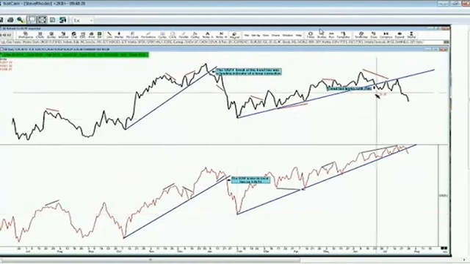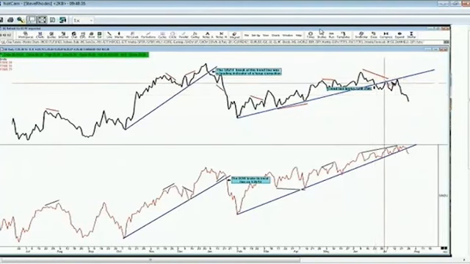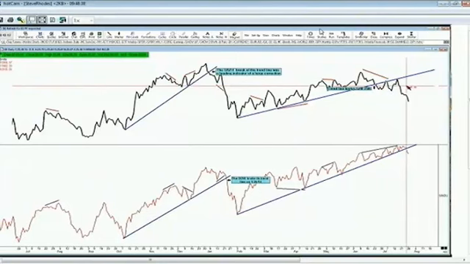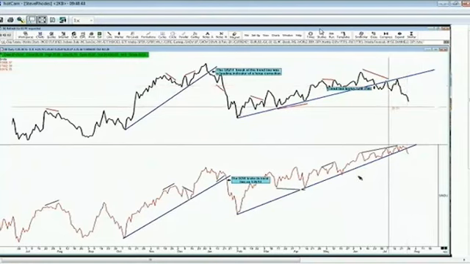GE broke through that trend line back again on June 25th. Price tried to get back up inside that trend. It couldn't do it. Well, on Friday, that trend line gave way inside of the Dow out here. So the question becomes, okay, what kind of retracement can one expect? Let's go take a look at the Dow. Let's go take a look at some retracement levels out here.